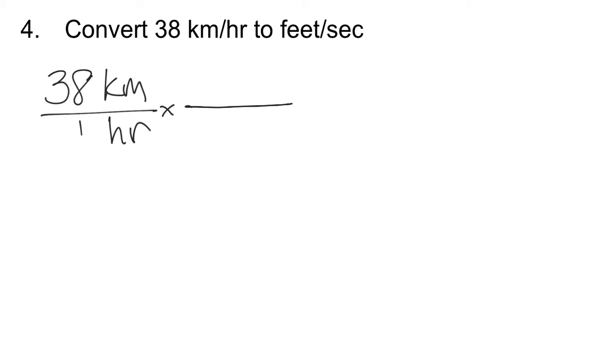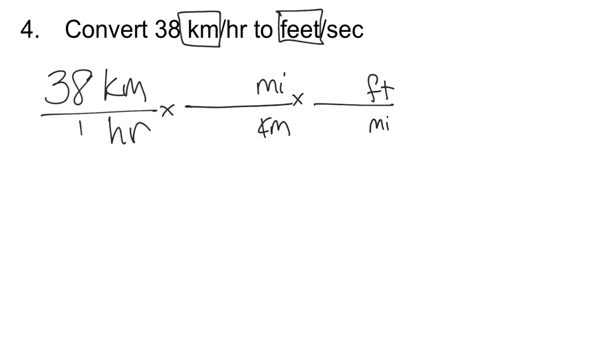Converting. I know, right? The best. Okay, kilometers to miles, and then miles to feet. Does that sound good? What's wrong with this? You're confused? We want to go from kilometers to feet